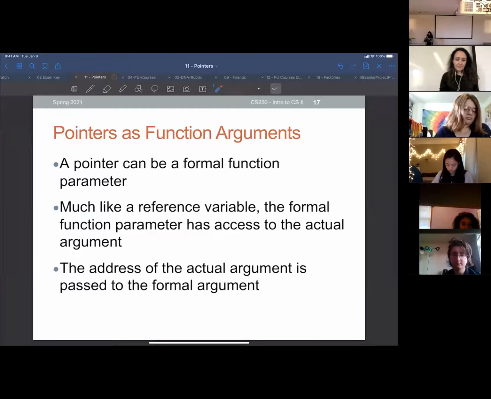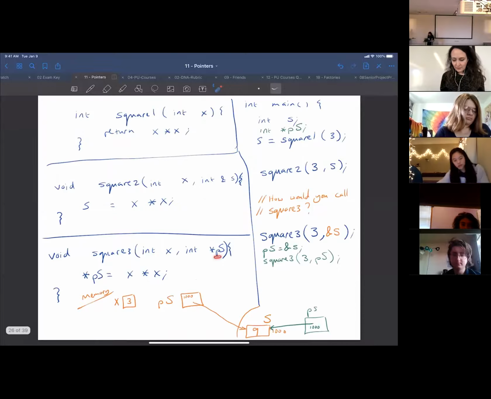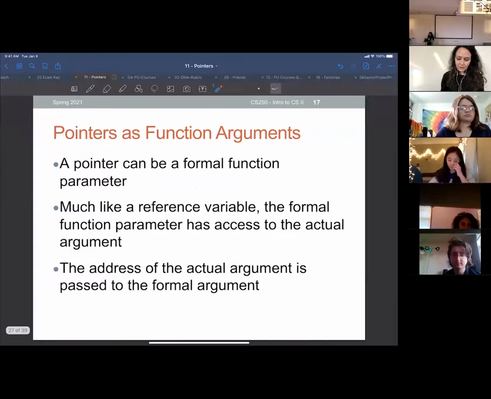Let's go back here. This parameter here is accessing the actual argument, which is whatever we passed in, or the address of that location. And the address of the actual argument is passed into the formal argument. Okay, does that make sense? By actual arguments and formal arguments, I'm looking at these. Okay,